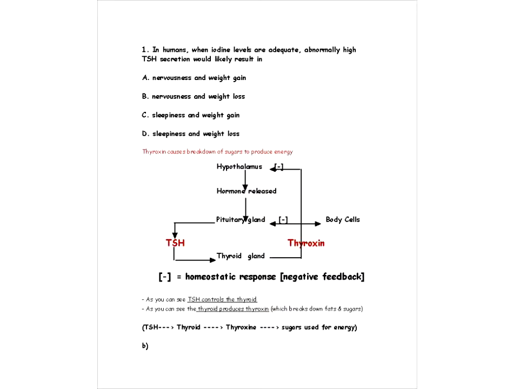Okay, so here's the basic system. First of all, we know that the hypothalamus is the master gland and it controls the pituitary gland. The pituitary gland produces TSH. And just remember we've got the 3 T's here. TSH controls the thyroid and it causes the thyroid to produce thyroxine. And then what thyroxine does is it allows us to produce energy. Basically it's breaking down sugars or glucose and we're getting energy from that. So basically the higher the TSH, the higher the thyroxine, and the higher the energy levels.